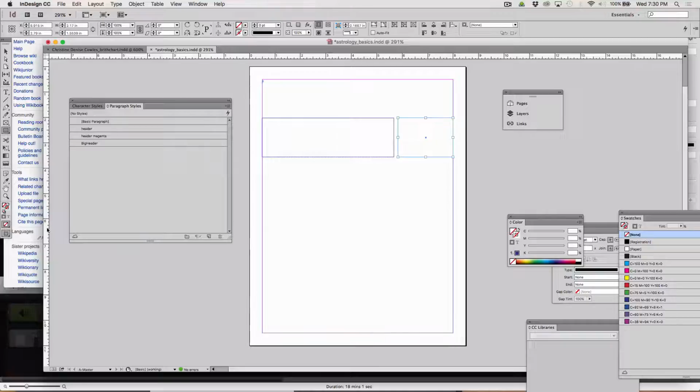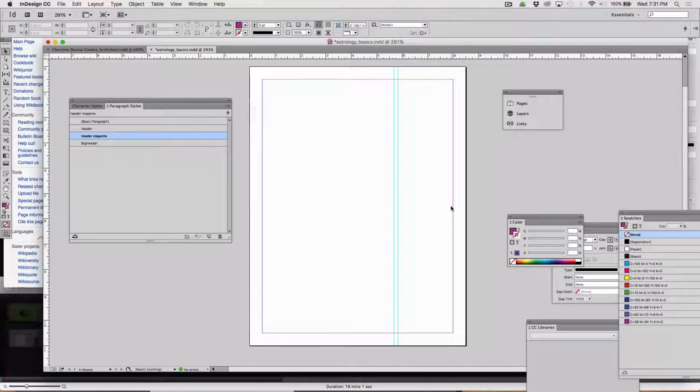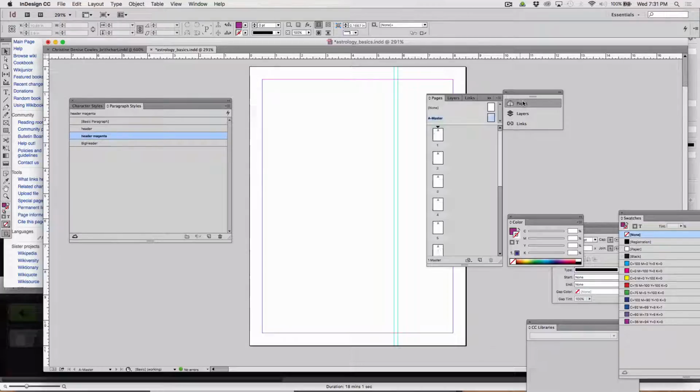And I'm going to click in this leftmost ruler and drop a ruler guide right here on the edge of that box and another one on the edge of this box. And now I'll delete, I don't need the text box, and I'll delete this other box. And now I have just those little lines there, which will indicate to me where my columns should be. Switch back to my pages panel, back to my pages themselves,